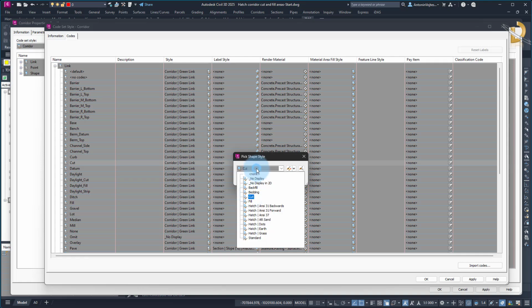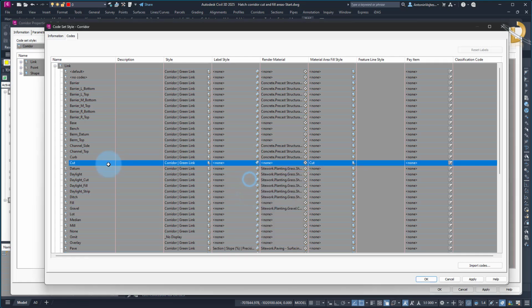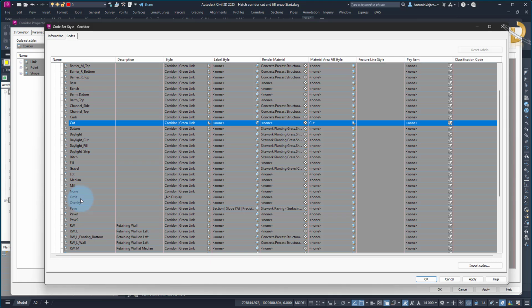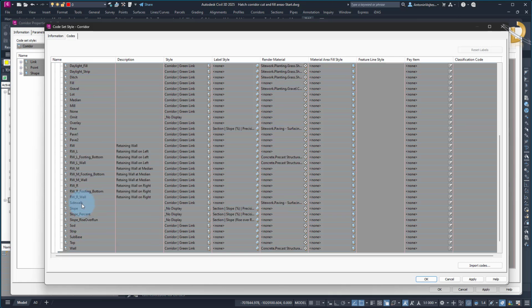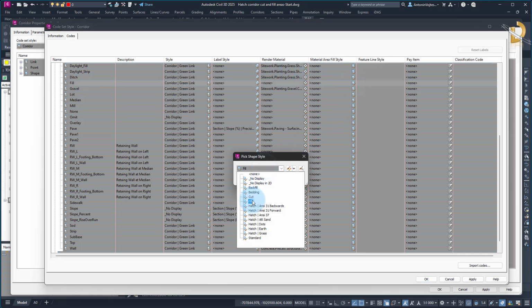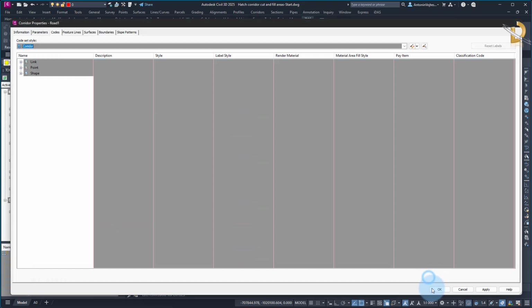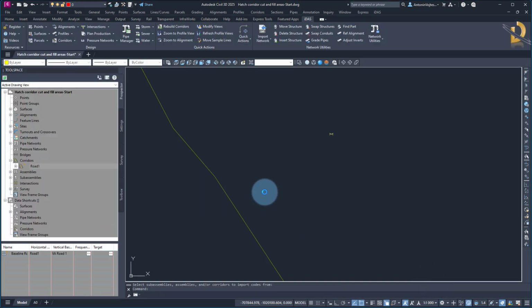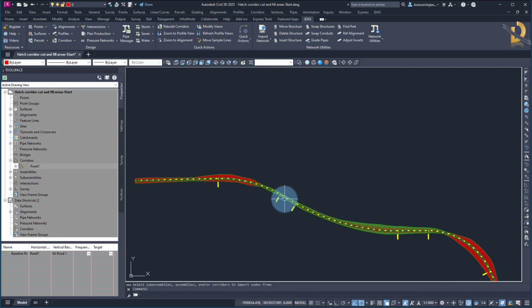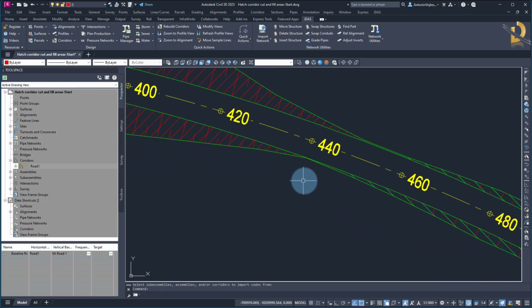Those styles are often used for cross sections, but we can use them for plan as well. Let me go to fill, and you will see that I missed that fill. Here we go. And then I go to use a fill. OK, and OK. And I'm going to plan and you can see there is a hatching,